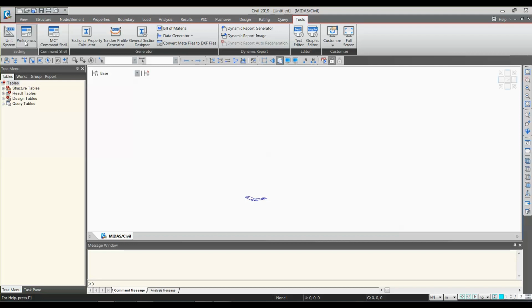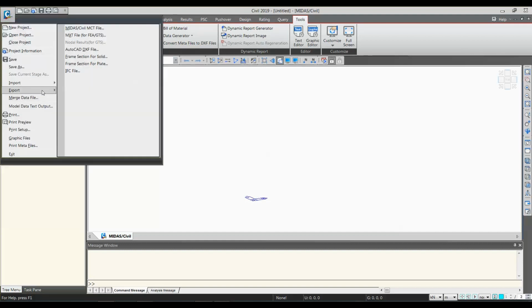Okay, then MCT command shell, which is like a text editor. Okay, so here you can give the command in the text format to the program, and it will assign the loads or create a model. So depending on the command, it will act upon it. Or even you can convert your model file into the text format using the MCT command shell. Okay, in this, when you click here on the C icon, when you go to export, there is Midas MCT file.